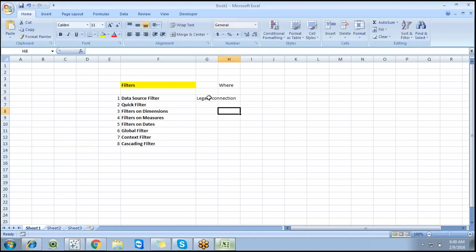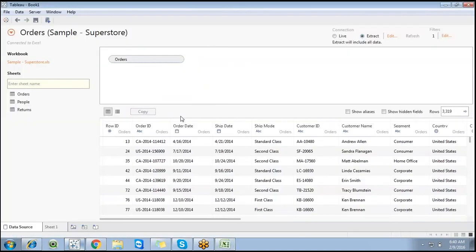So just go with the legacy connection. Why do we go for the legacy connection, and what is its importance? When we are talking about a data source filter, you don't have an option called custom SQL editor. But I want to make use of a custom SQL, or write a simple select query to filter out unwanted data. So with the normal connection you can go with the select query.